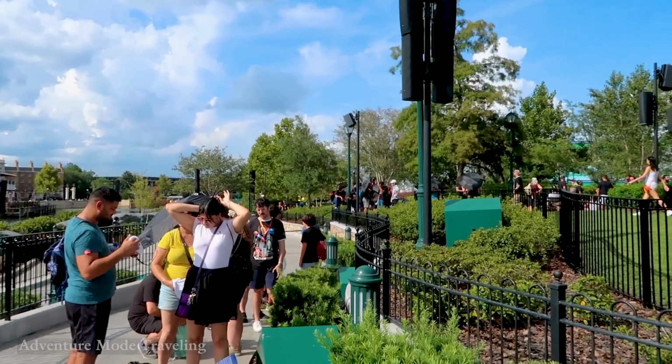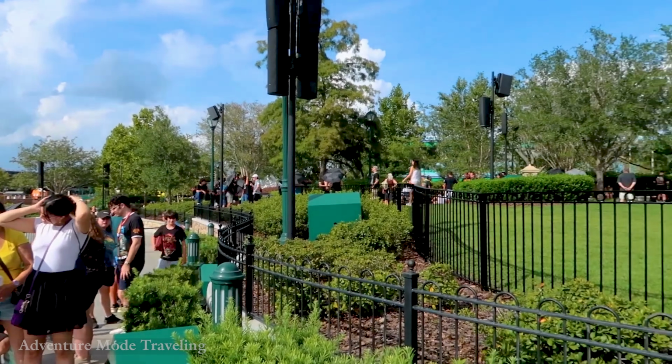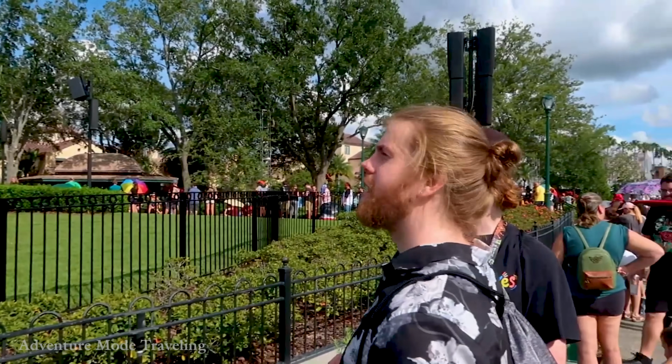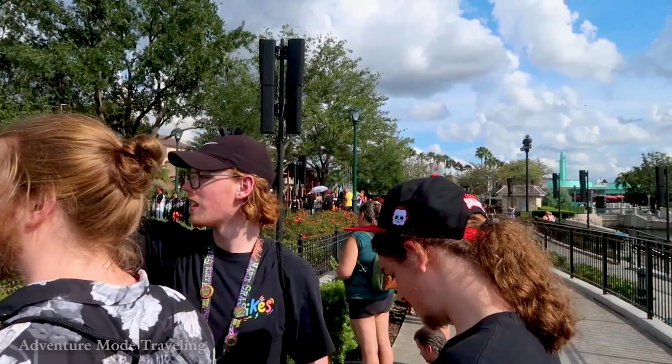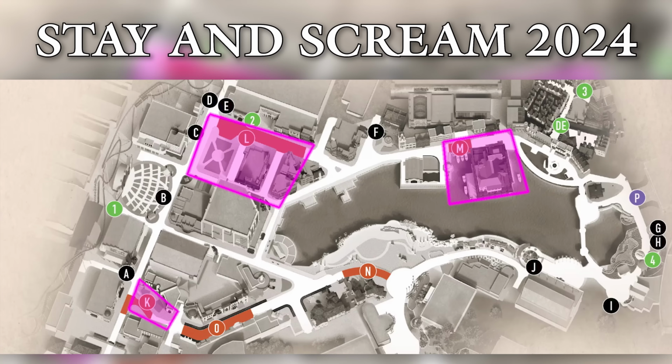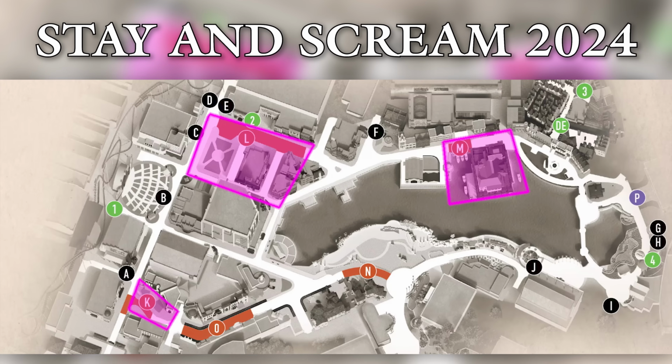The ever-popular Central Park is no longer a spot for Stay and Scream. This is the haunted houses that would typically lead you to what they call the parade buildings in the back of the park. Now, since they're not using those this year, there are now 3 Stay and Scream areas that you can utilize. There is the New York section, there is now the Lombard San Francisco / World Expo area,